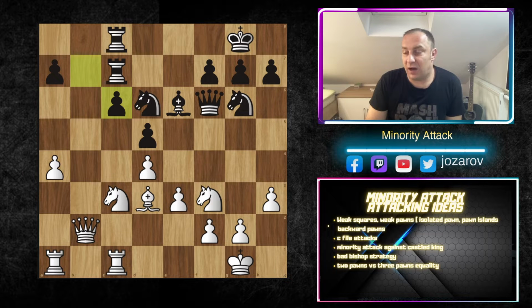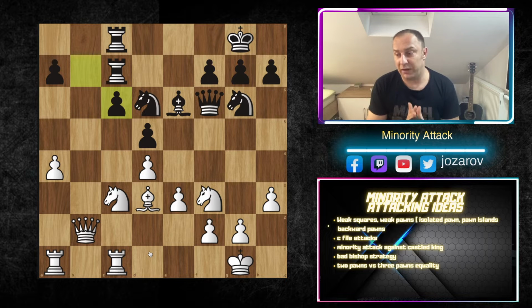So let's see now another example, and maybe you can pause the video and try to find the best continuation here for white. We have obviously some strategic weaknesses. We have the backward pawn on c6 again, and the weak square on c5. Maybe you can pause the video and try to see the best continuation here for white. So